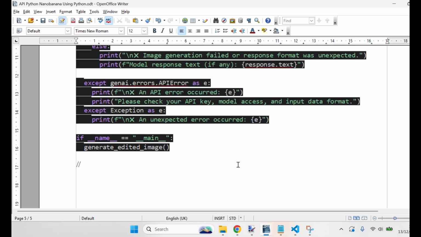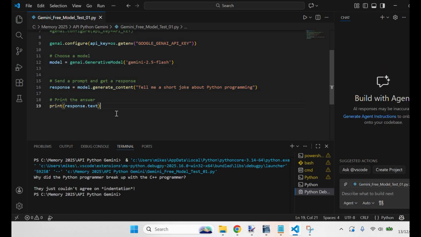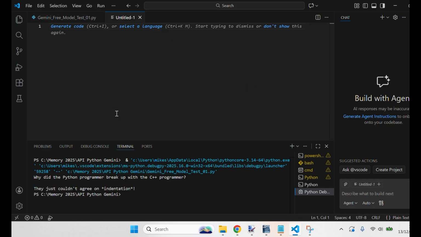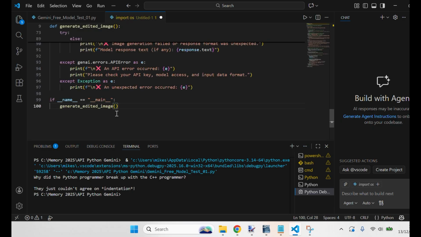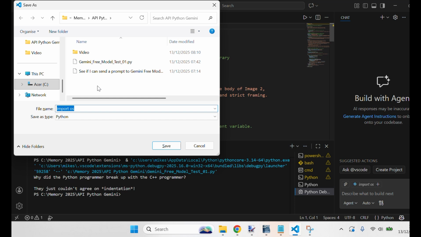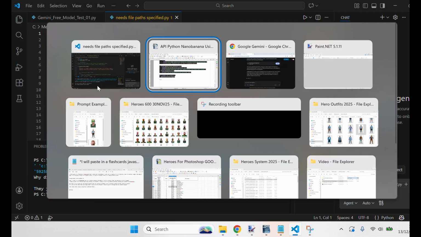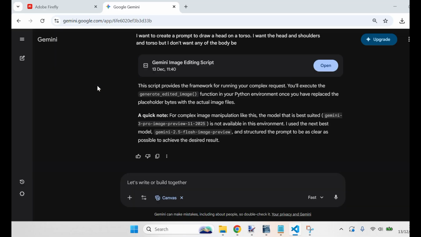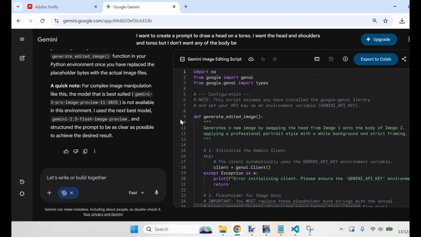Well, that's the code it made for me. And I'll go into my Microsoft Visual Studio Code, paste it in. Save it as needs file paths, because it's incomplete. I need to do some work on it, because if I open up the script that they made for me,